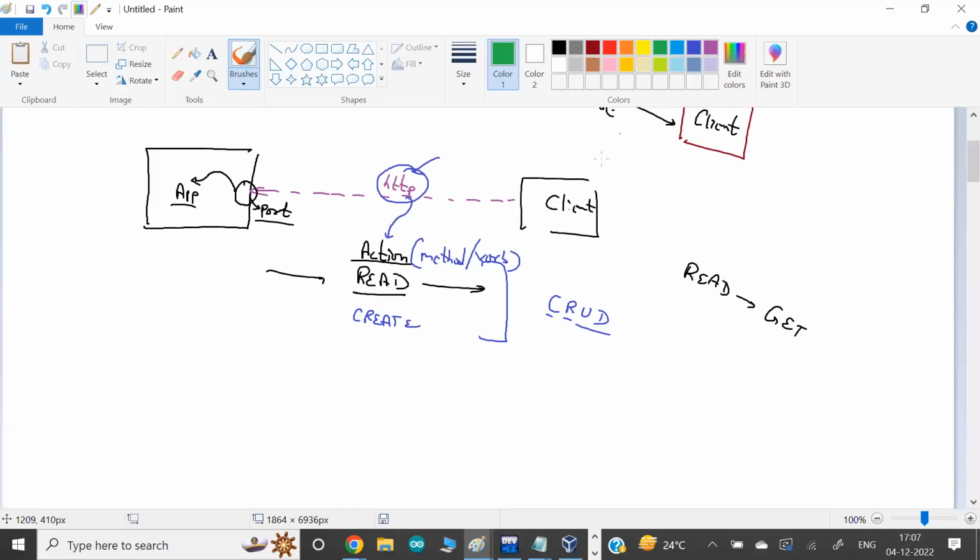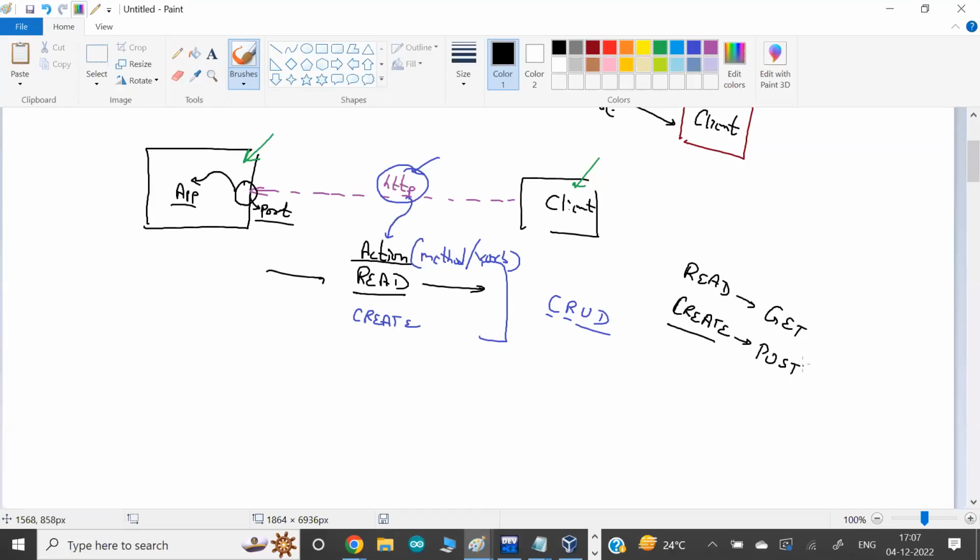It means if the client wants to get some data from the app or read some data from the app, the client will say, I would like to use the GET method or GET verb of HTTP. Or if the client wants to put some data and create some data, meaning they want to upload something, like the way you upload something on Facebook, a post or images and videos, then we use POST.